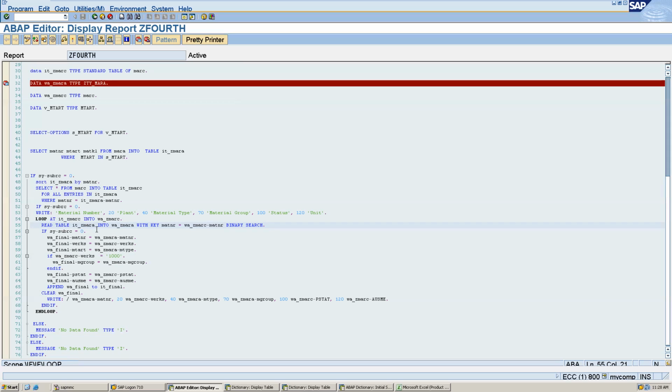So it is better to loop at the header level in the outer loop, and the inner loop should always be items, because we always select header data first and based on that we select item data. So it is recommended to use the outer loop with header and the inner loop with items, and we can put the WHERE clause in the inner loop.